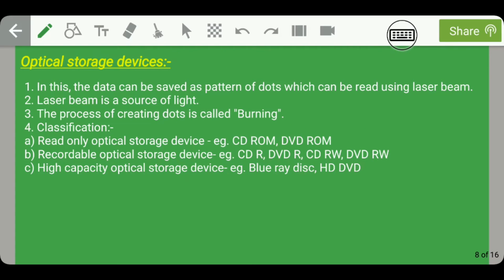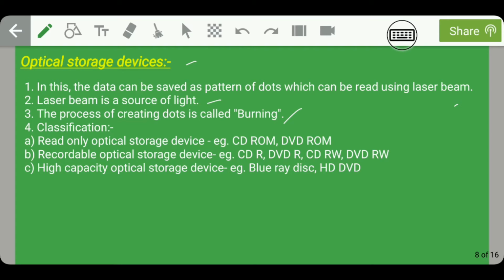Guys, moving on, let's talk about the second type of storage devices, that is optical storage devices. In this, the data can be saved as a pattern of dots which can be read using a laser beam. So what does this laser beam mean? A laser beam is a source of light, and the process of creating dots in these optical storage devices is